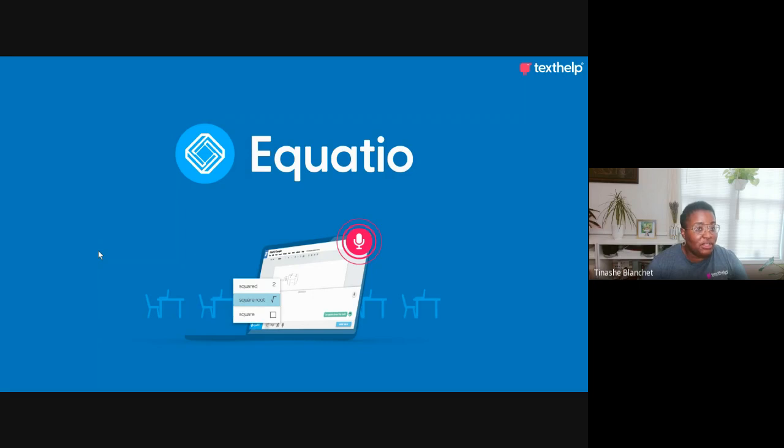And so that's really the solution that Equatio presents. That's the problem that we're trying to solve here, is to get students to be able to use technology in all of their classes and have those benefits with accessibility and even just organization, right? A lot of our students are not good with paper. They don't keep up with it. But again, they're being asked to do that in math classes more often than not. And so that's really what Equatio is all about.